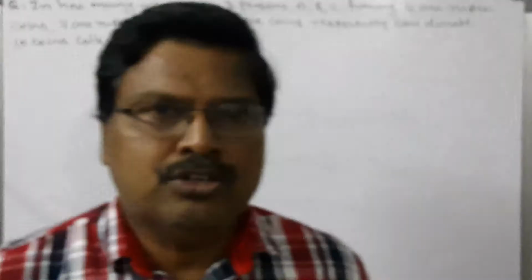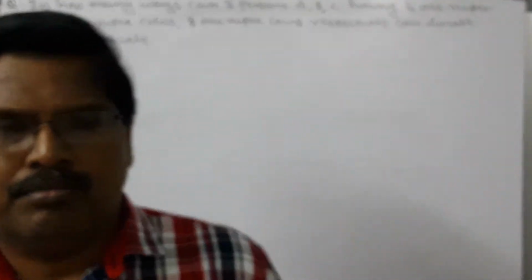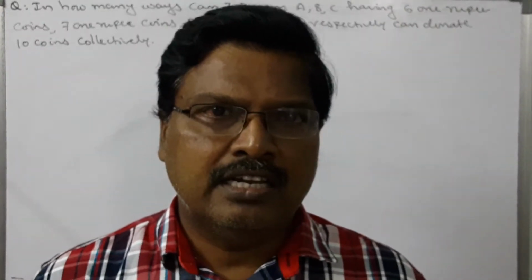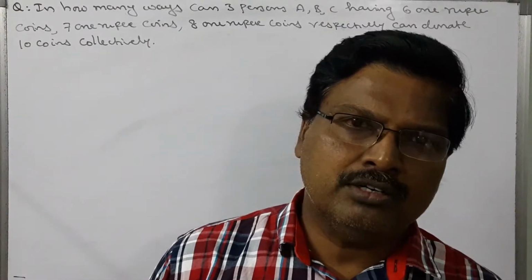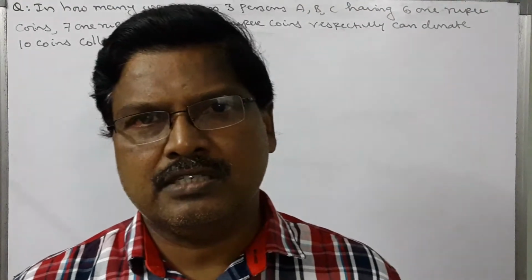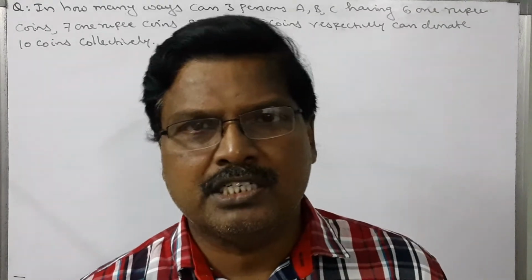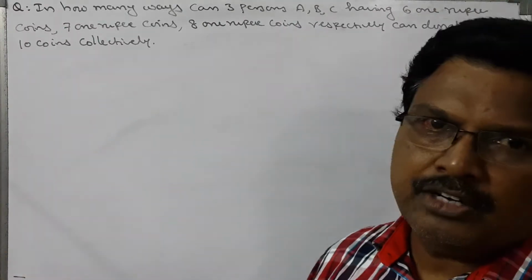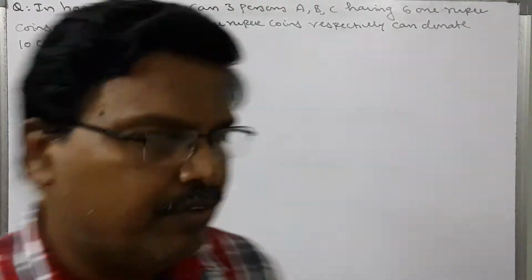In the previous video I told you the concept of the multinomial theorem in permutations and combinations. In the previous video I explained the case when the limitations are uniform for all the given variables. Now I am going to take the second model of applying the multinomial theorem in permutations and combinations. What is the second type? In the second type, I told you already, the limits are not uniform for the variables.